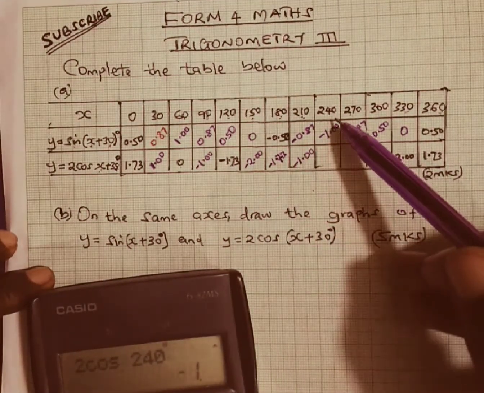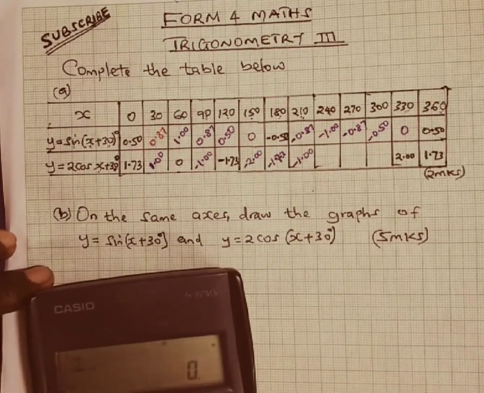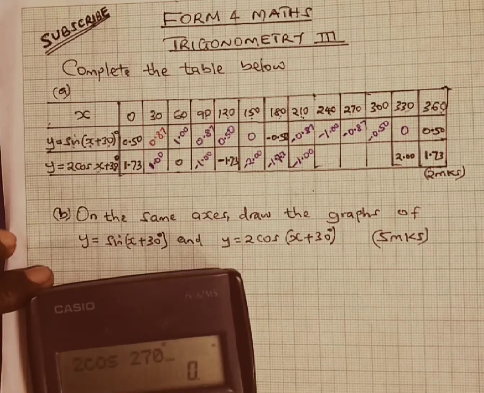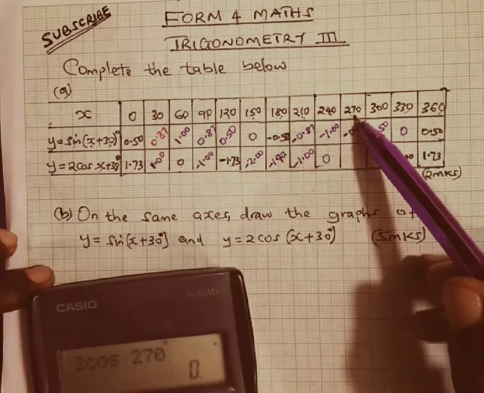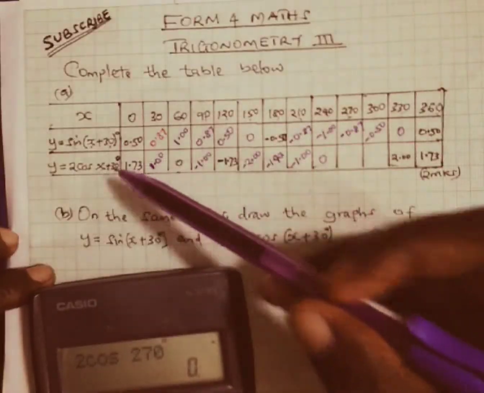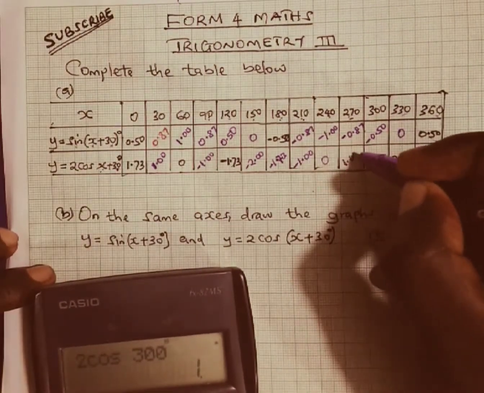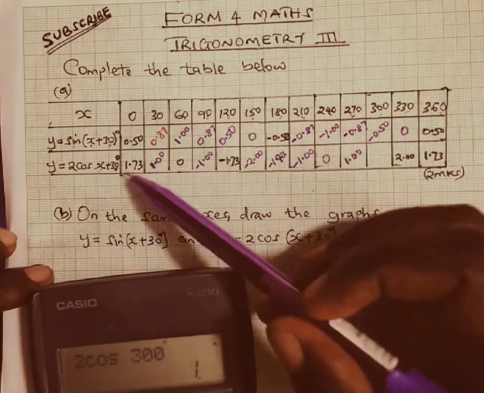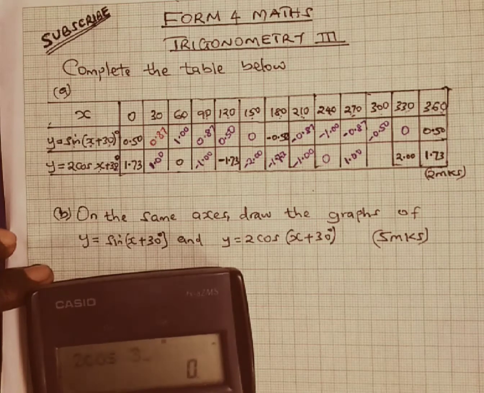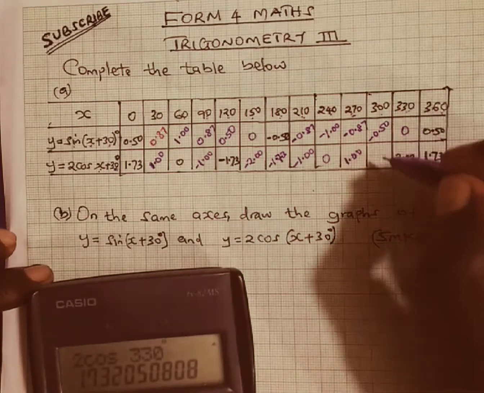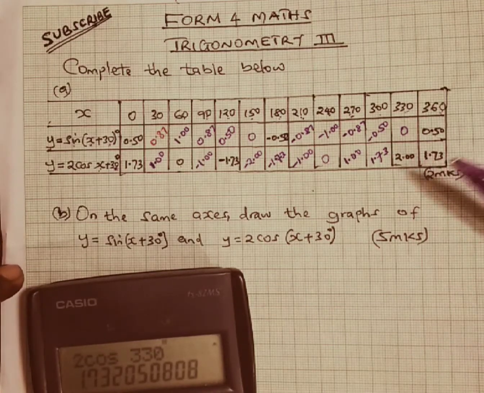for consistency. Then the next value is 240, so we take 240 plus 30, which is 270, so we press 2 cos 270, which gives us 0, so 0 can be 0 or 0.00. Then the next value of x is 270, so 270 plus 30 will give us 300, so this is 2 cos 300, which gives us 1, so we write it as 1.00. Then next we have 300, so we take 300 plus 30, which gives us 330, and therefore if we press 2 cos 330, we are going to get 1.73 correct to 2 decimal places,